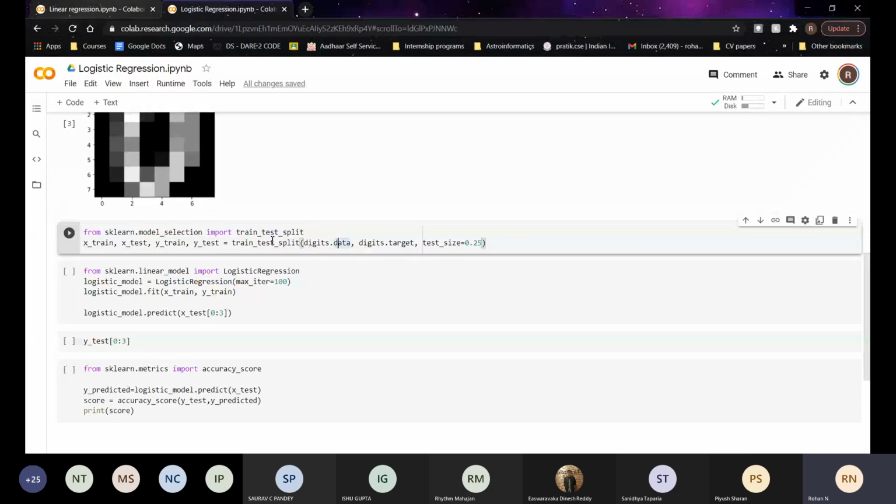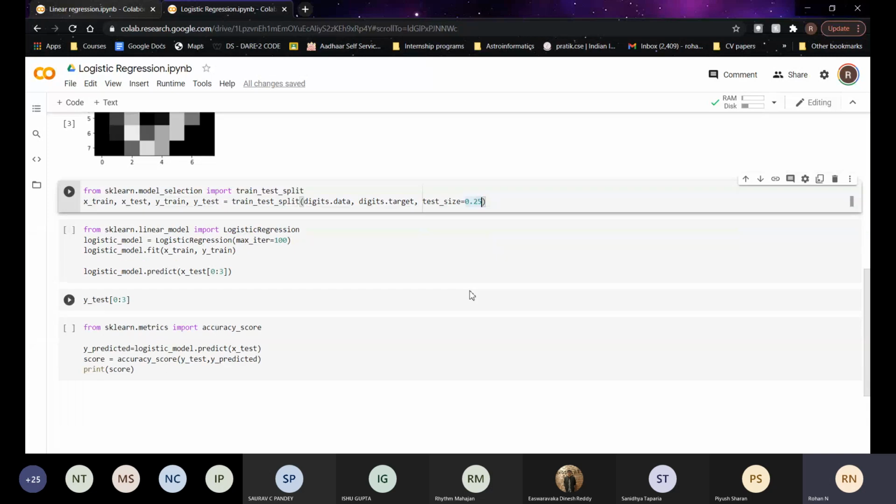It tells you how much of your data set you want to have in your testing set. Here 1/4 of my data set would be used for testing, and the model will not train on that. The model will only train on 3/4 of the data set, and the testing set will be used for finding out the accuracy of my model, to see how it generalizes to unseen data.